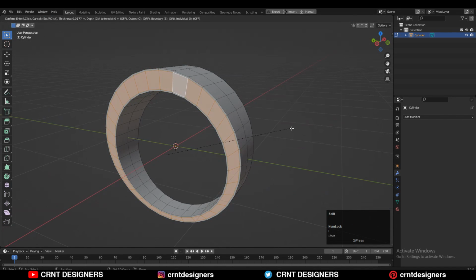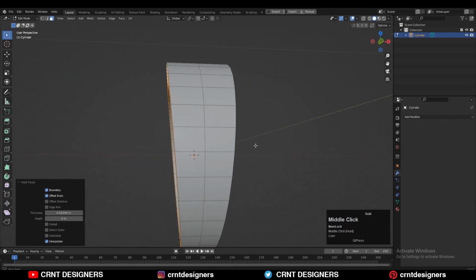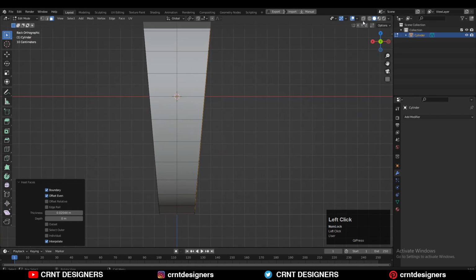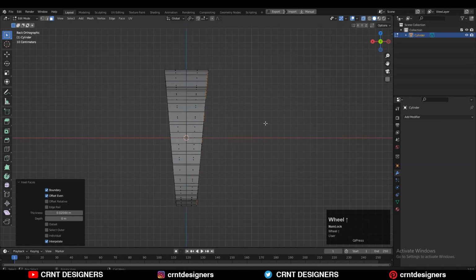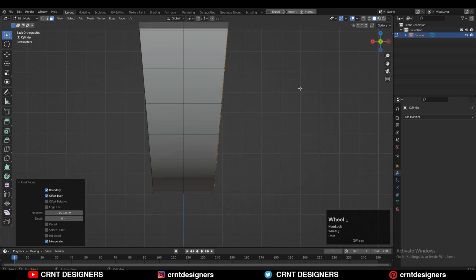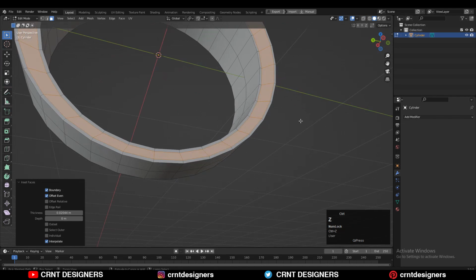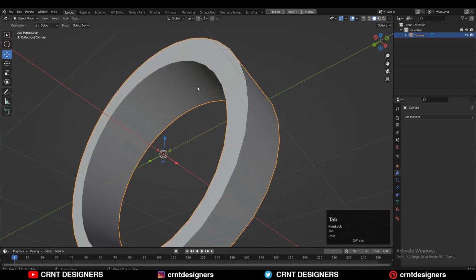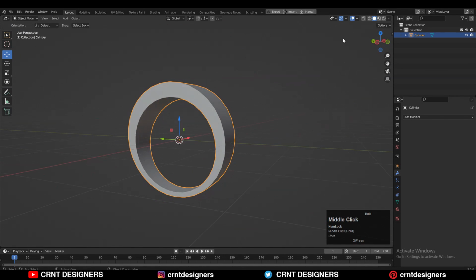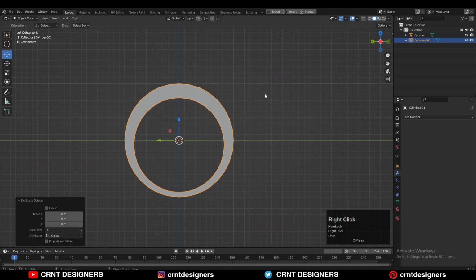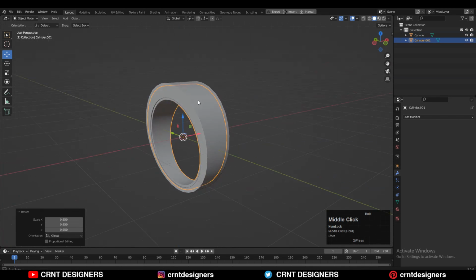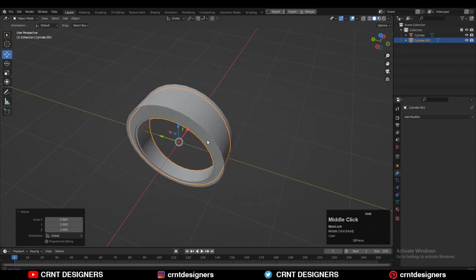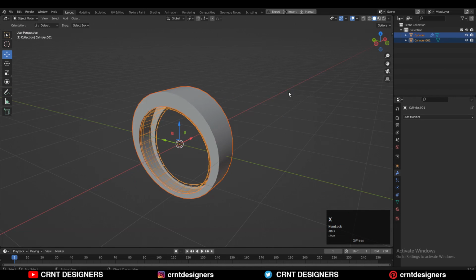Then you can select that face loop and use the inset operation there to add those loops around those booleans to maintain that form. And now that looks pretty well. Just I want to give a small inset operation there and then Shift D to duplicate it and scale that object down, and then scale it down along the x-axis also. So I want to create the cavity there in that ring, so that's why.